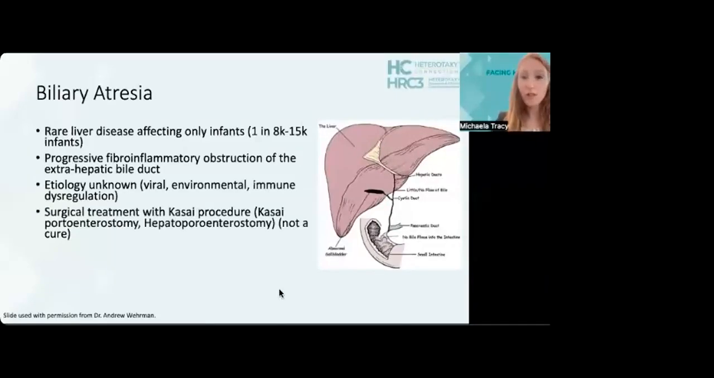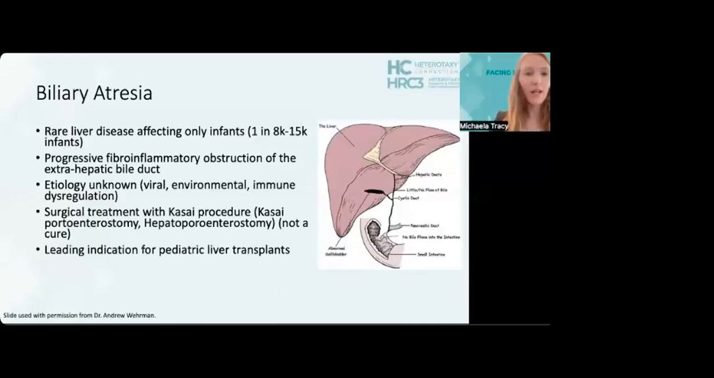There is a surgical treatment, although it is not a cure, called a Kasai procedure, which is a hepatoportoenterostomy, essentially meaning taking out all of these dead atretic biliary ducts and then attaching the intestine directly to the liver to allow bile to drain again. Unfortunately, despite this corrective surgery, about 40% of children who have biliary atresia will need a liver transplant before the